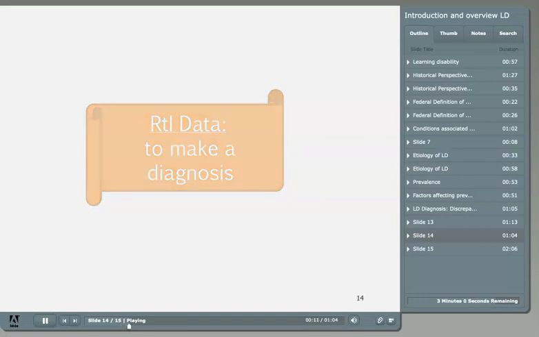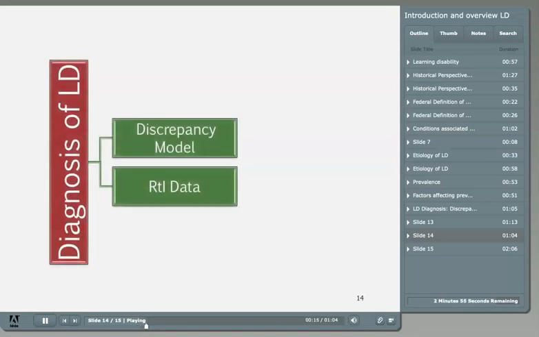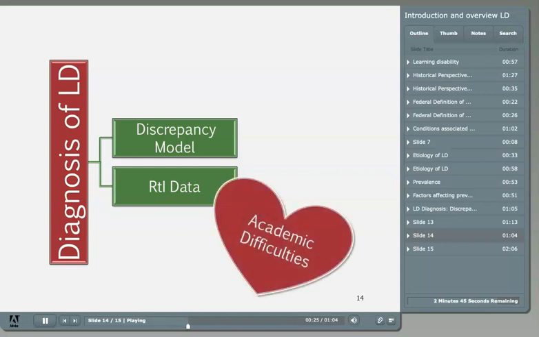Whether an LD diagnosis is made through determining the child has a discrepancy between ability and academic achievement, or through documentation that the child has failed to respond to increasingly intensive instructional interventions, difficulty in academic areas is at the heart of learning disability. Certainly, lack of progress in academic areas can be a sign of other disabilities as well, but one would not get diagnosed with a learning disability unless a student was having some academic achievement problems.